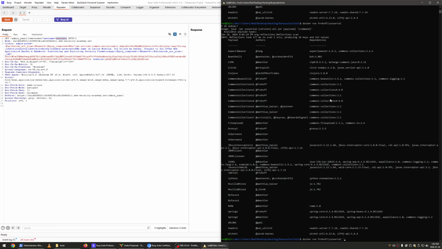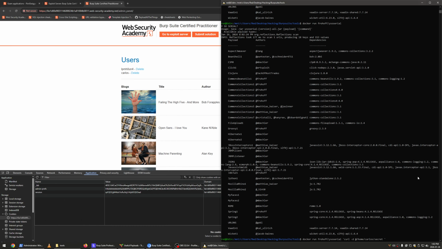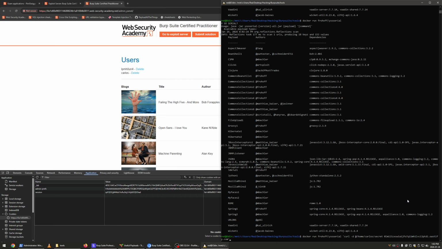We'll give it a command, curl -d to make a POST request with the content of this file. And the second argument will be where we're sending it. You could send it to the exploit server, but I just use Burp Collaborator for everything. Okay, and that should give us